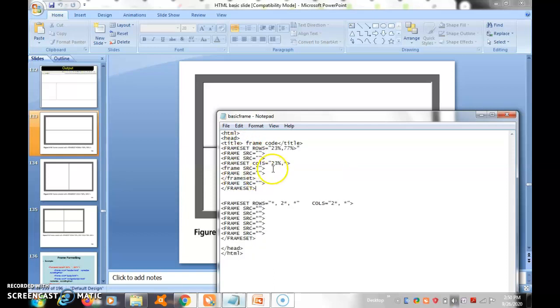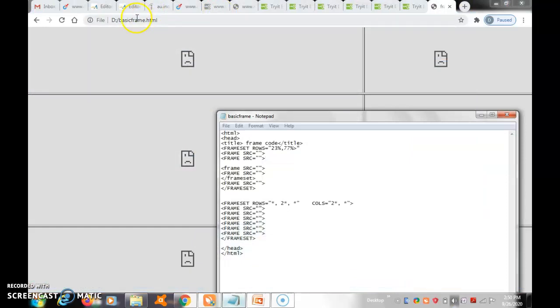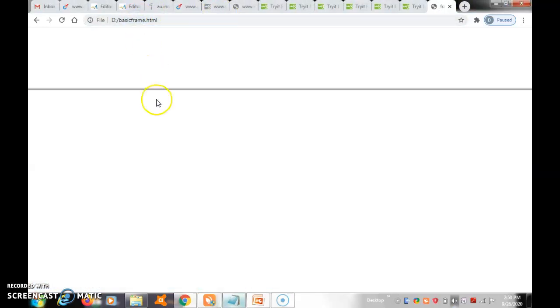Paste. 23%, 77%. Save and run the code. Only 23 and 77. 50% means 50%.